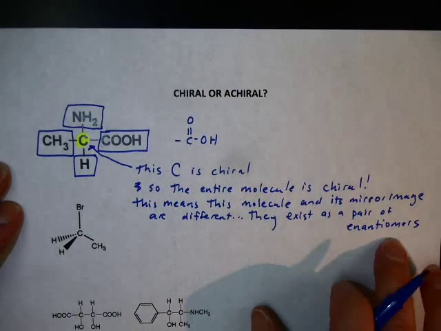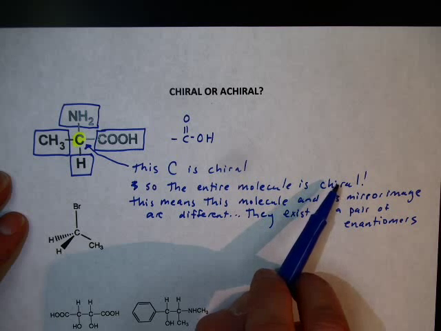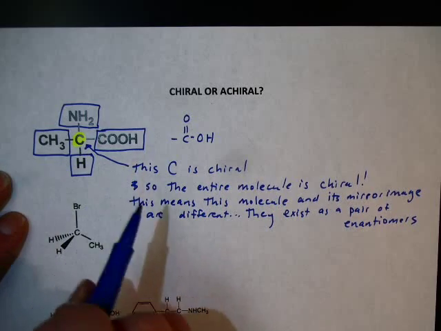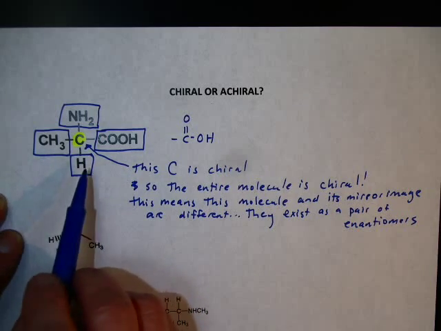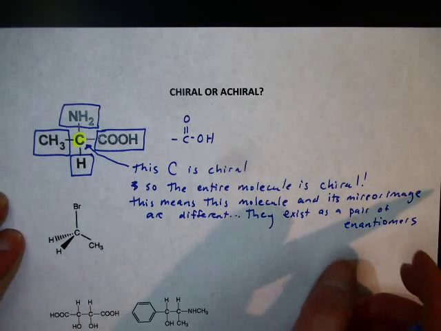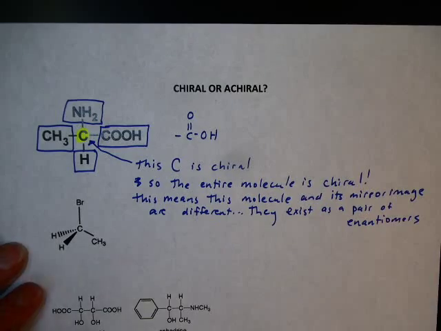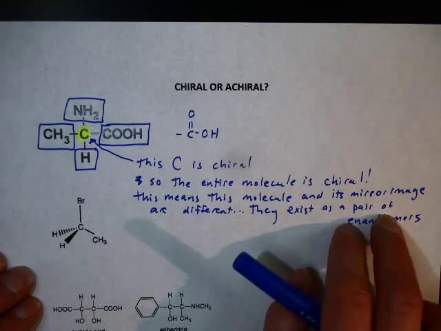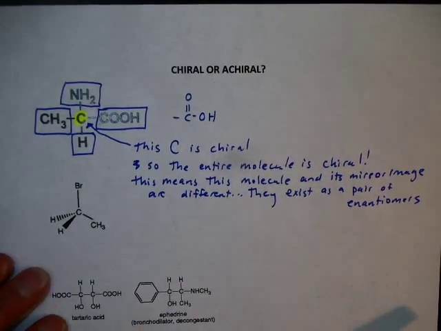So this is why we wanted to know about chiral. If you can find out that the molecule is chiral, that means that this molecule right here is different from its mirror image. They're different. Your body will treat them differently. They exist as a pair of enantiomers. This is the amino acid alanine. This is in your body right now. Your body only can recognize and use one of those, not both the molecule and its mirror image, just one of the enantiomers. It knows the difference and it only will use one. That's very, very common in nature.